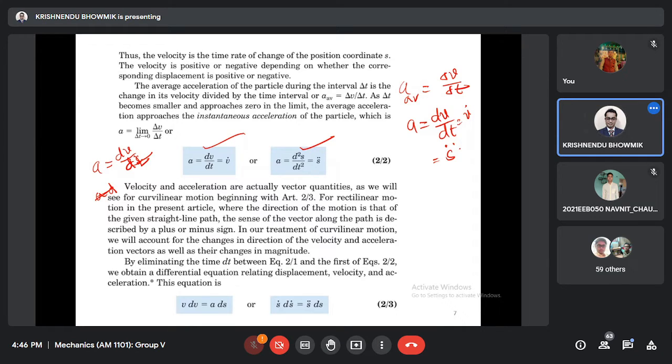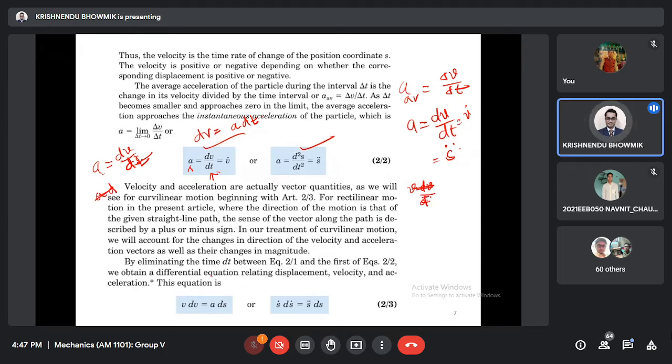From this, let's write dv equal to a dt. Then if I use this dv, just a minute, a equal to dv dt, correct? Then we want to write what is the value, say v dv, maybe if we write this way also, v dv,